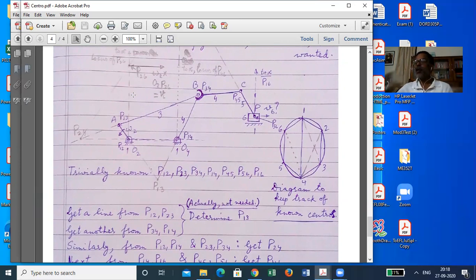If the problem involves determining velocities and accelerations also, then this will go only halfway and then leave you high and dry. Then you have to do something afresh to solve the accelerations. So if you have to solve both velocity and acceleration, then we will use the other method, which is a little more general, and that is the method of velocity and acceleration diagrams. Okay, so that we discuss in the next lecture.